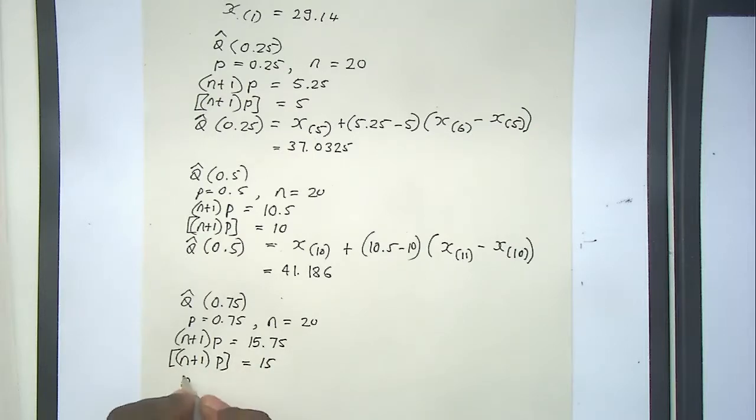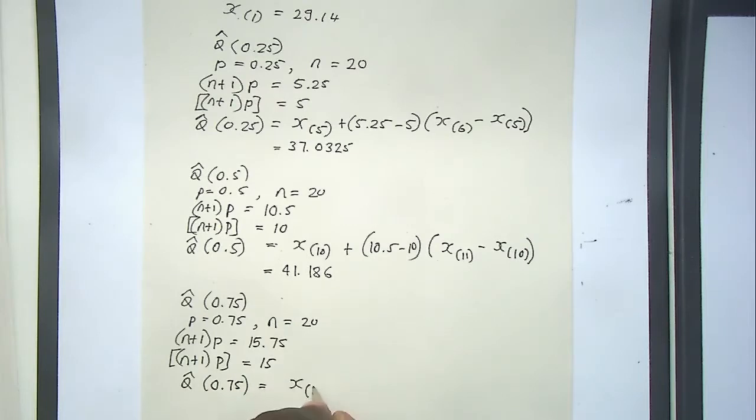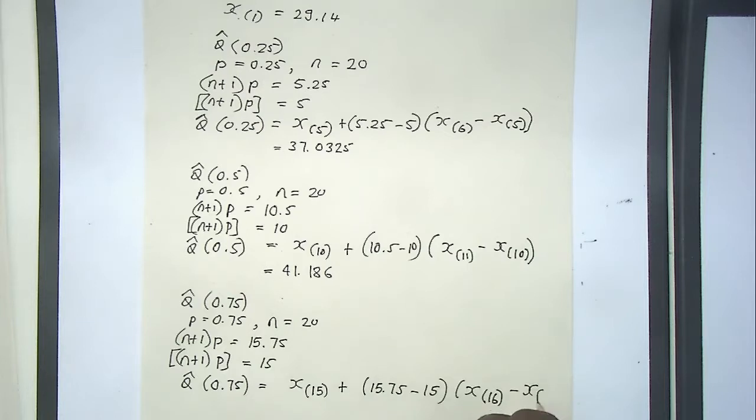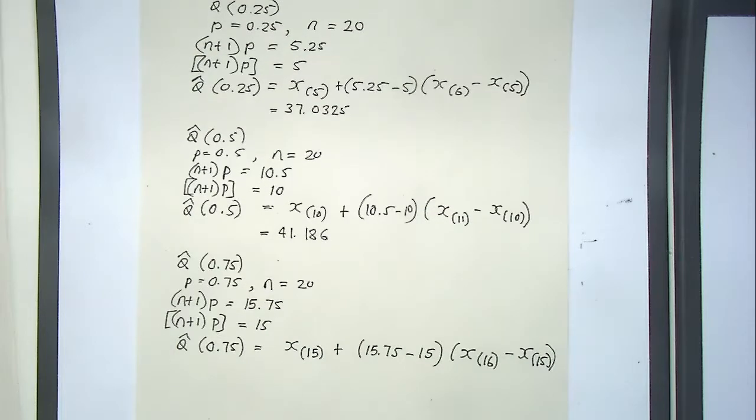So the third quartile is X 15, 15.75 minus 15, X 16, X 15, right? And if you simplify this, guys, you will get the third quartile to be equal to 44.01975. And finally, the last number of the summary is the